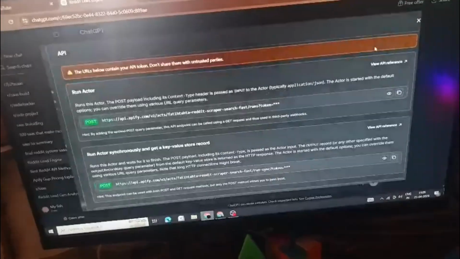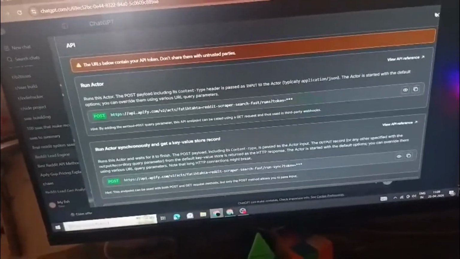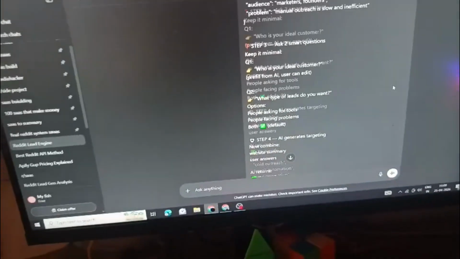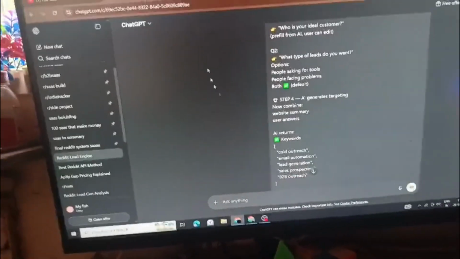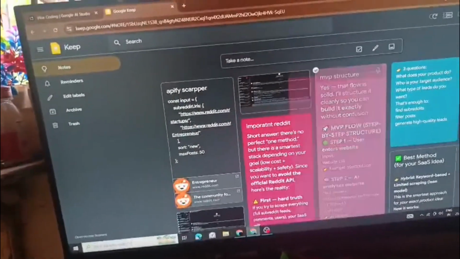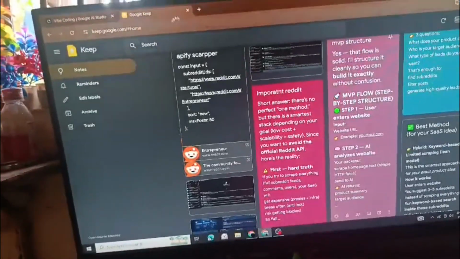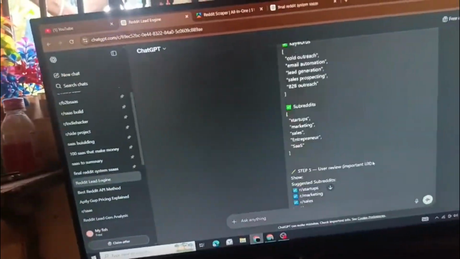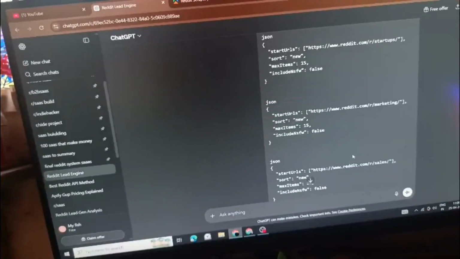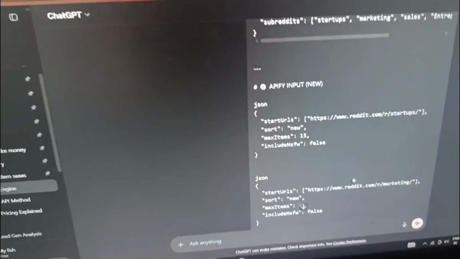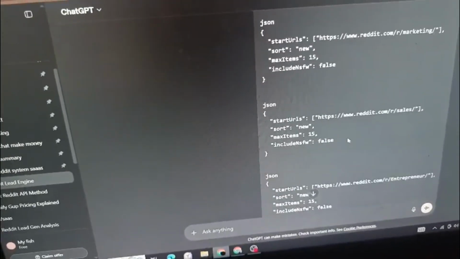You can see, after all the discussion, we uploaded all the system we built and gave the prompt from the step in the previous video. You can see this is the MVP structure we built in the previous video. I pasted it into ChatGPT, giving all the proper structure format, the JSON format, for example the user uploads a keyword and subreddit channel and our SaaS builds the structure of the whole thing.